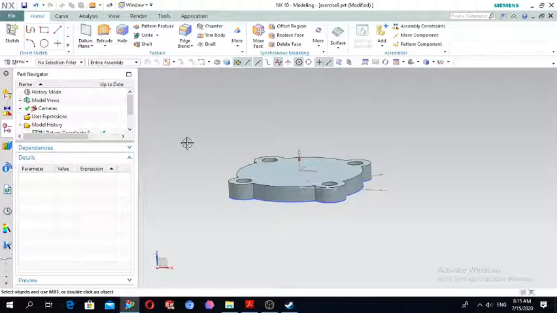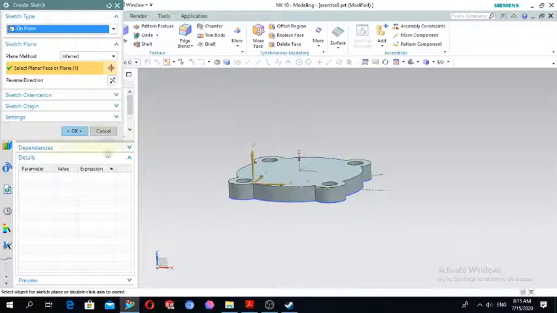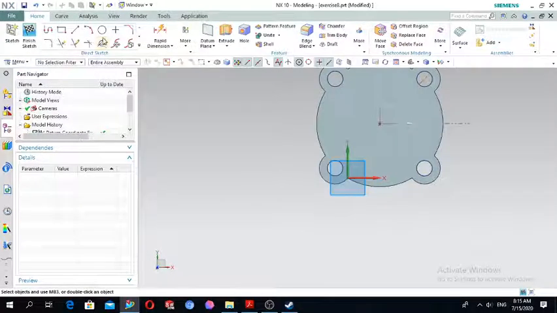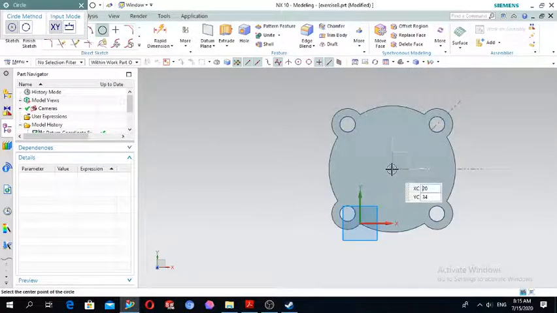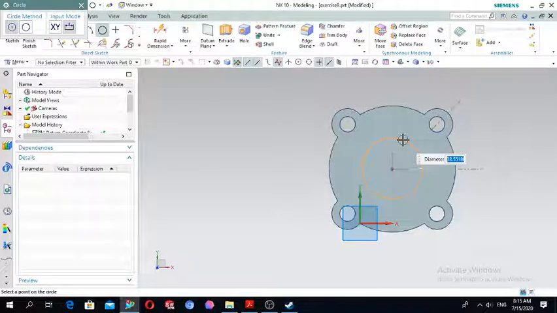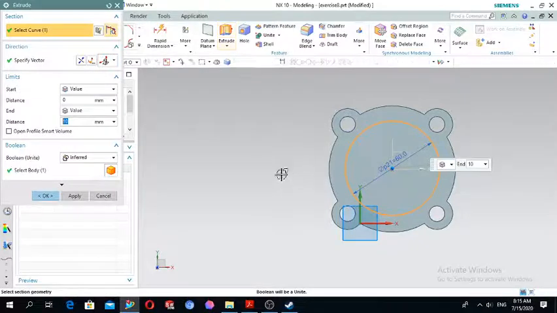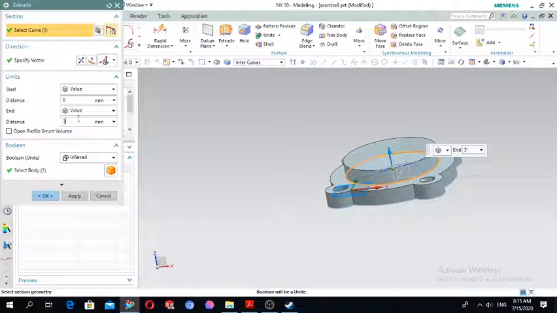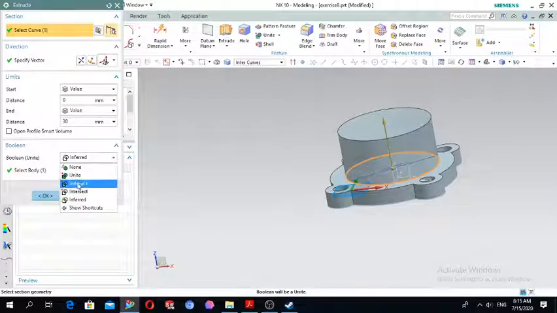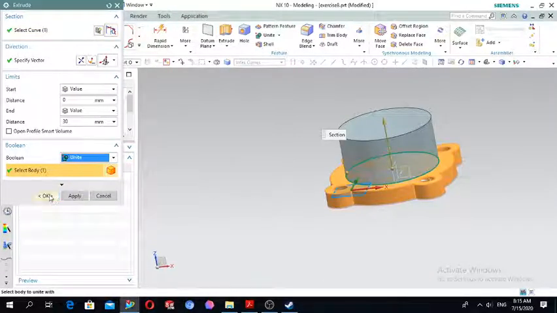Let's draw other circles in order to make the cylinders. So press sketch, press this face, press OK. Draw the circles in the center here of this line, and the diameter of this circle is 60 millimeter, and extrude it on the length of 30 millimeter. Here in the balloon, make it unite with the base, press OK,